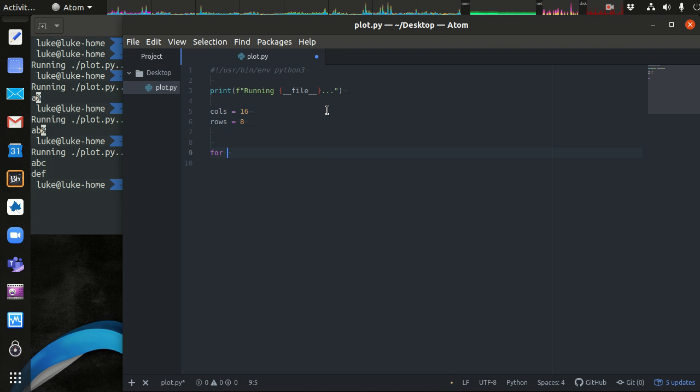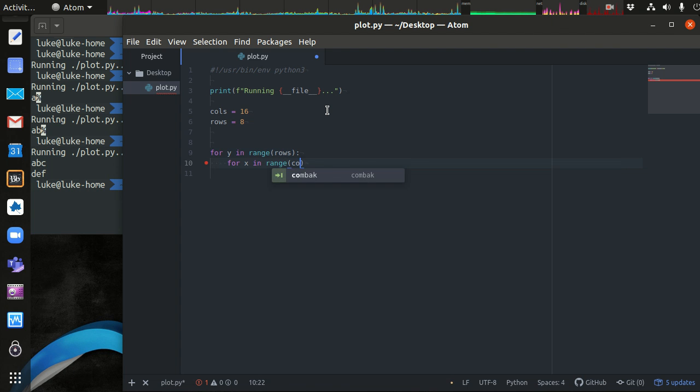Okay, and so for some y value in range rows, and so for some x value in